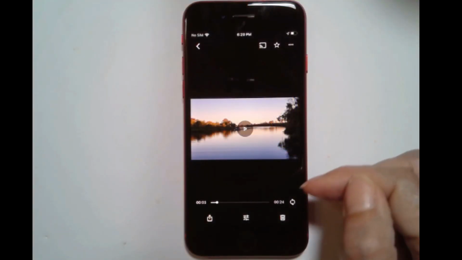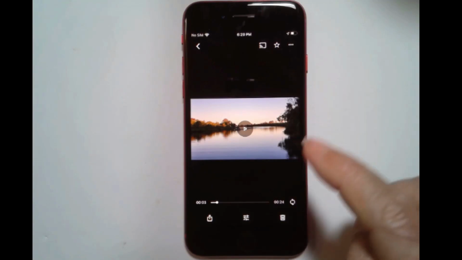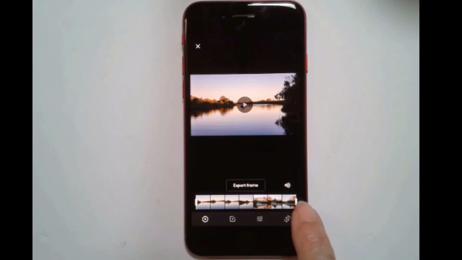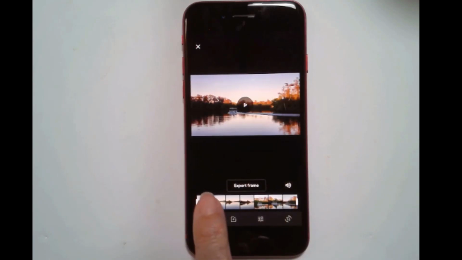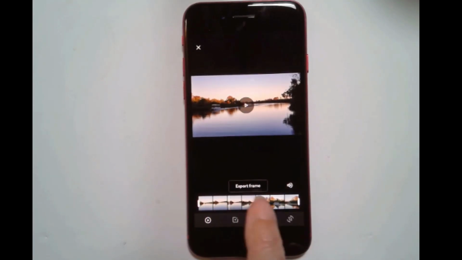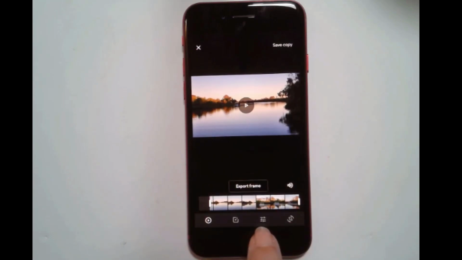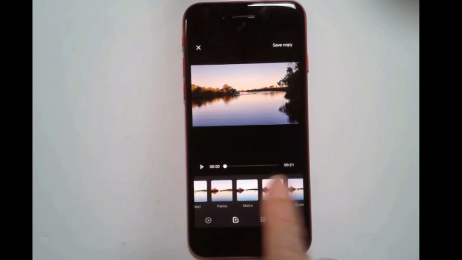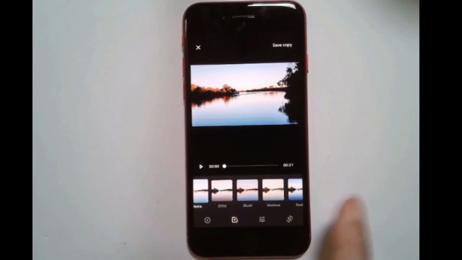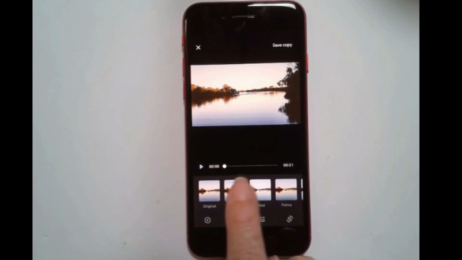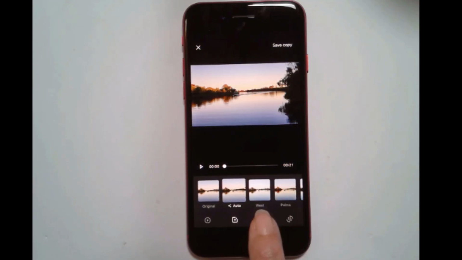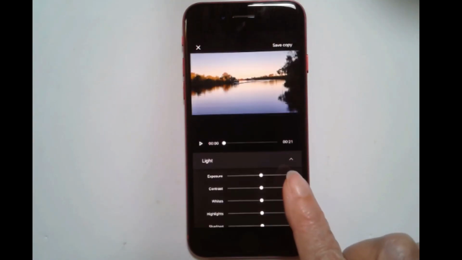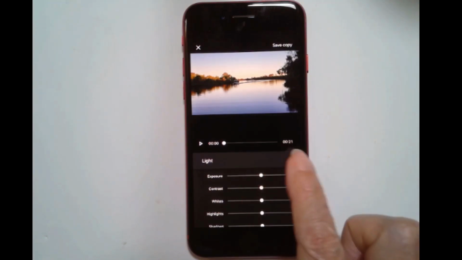There's a new feature in video editing on Google Photos on the iPhone. I bring up a video, I tap the edit button, and there's always been trimming from one edge or another, but now you can also edit. You can choose a filter just like we have on Photos and make it bluer, etc., or auto, or you can even go into the adjustments and let's say I think this needs a little bit more light,